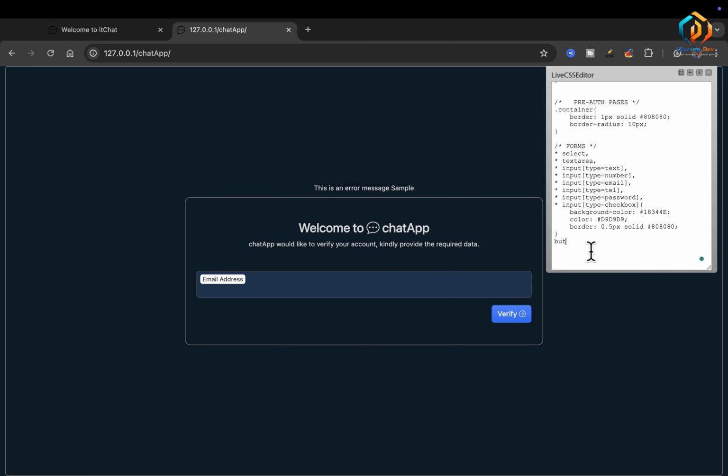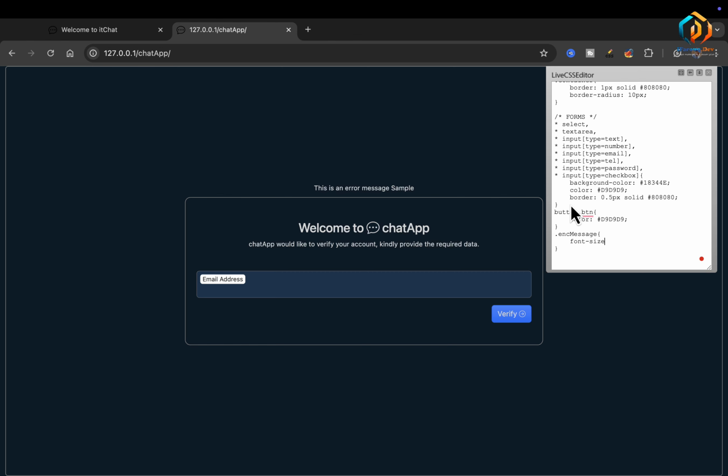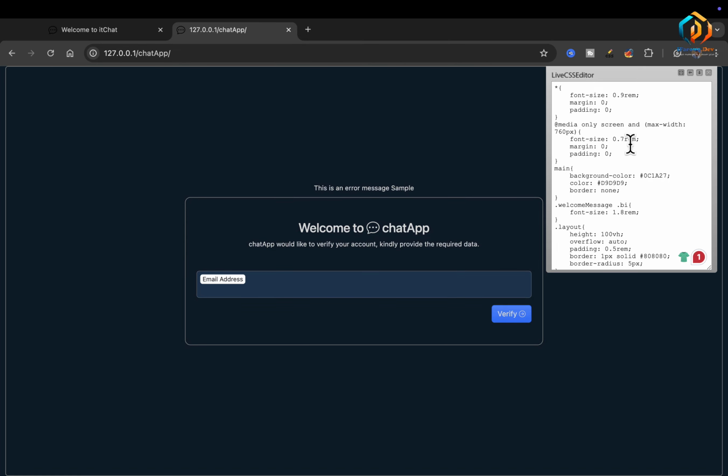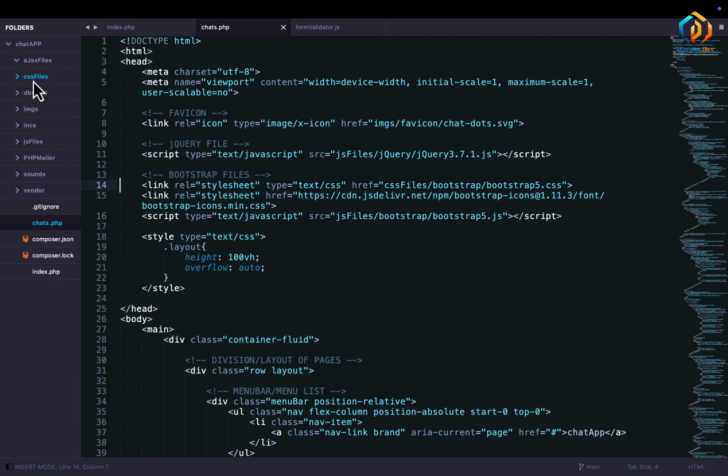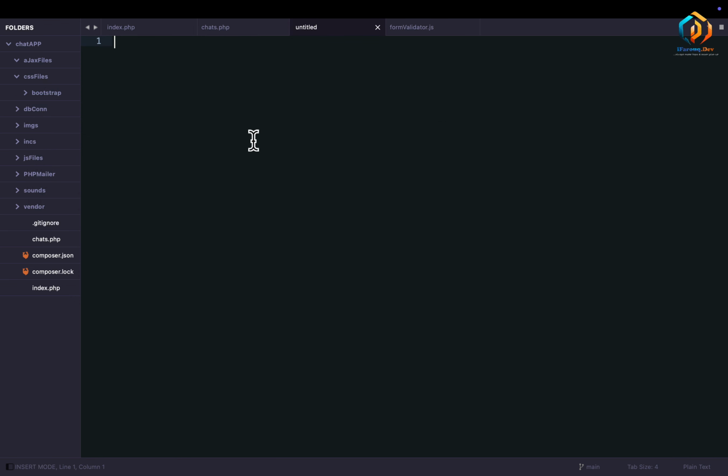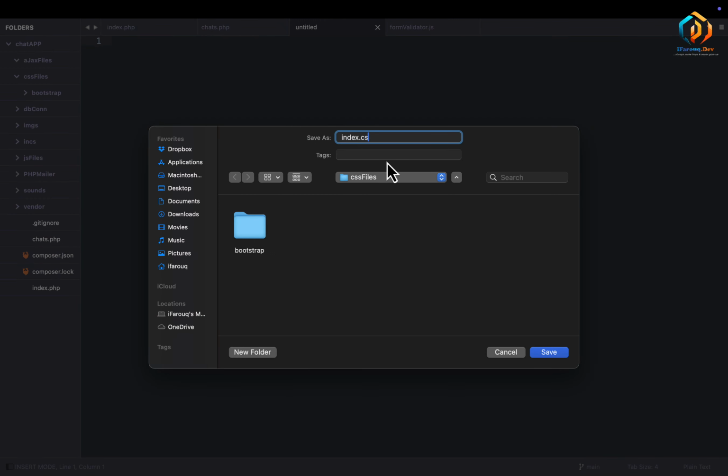Then button, color, then ink message, font 0.7 rem. I guess that's all. So this is how our login page is supposed to be. In that case, I will copy this code and create a new CSS file here, name it index.css, save it and